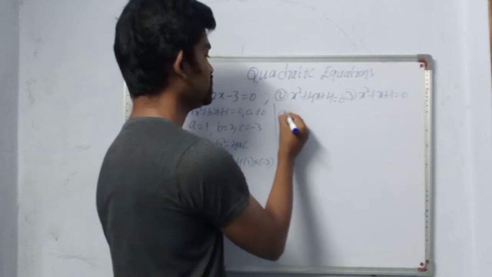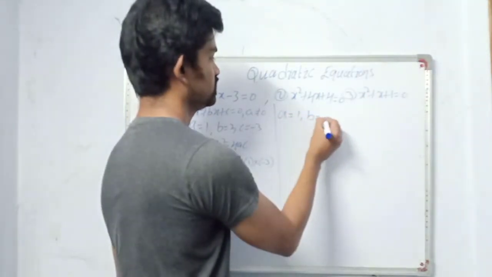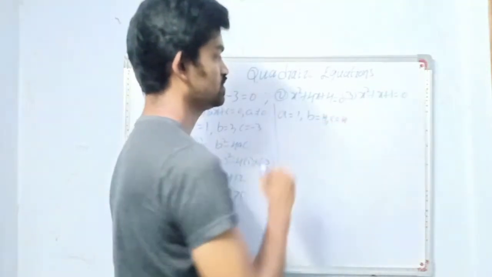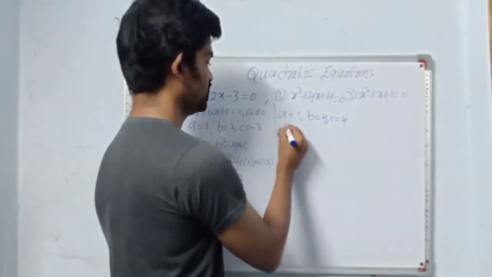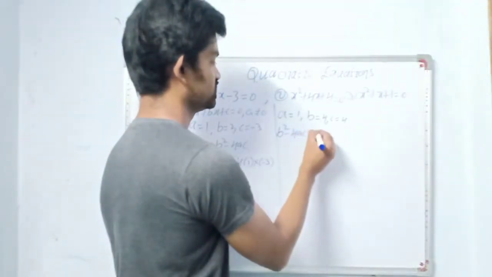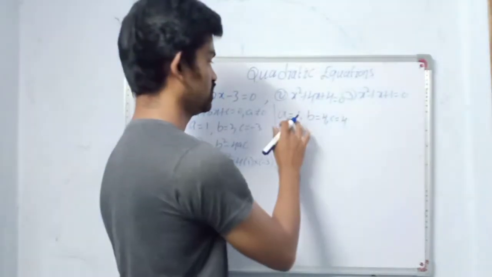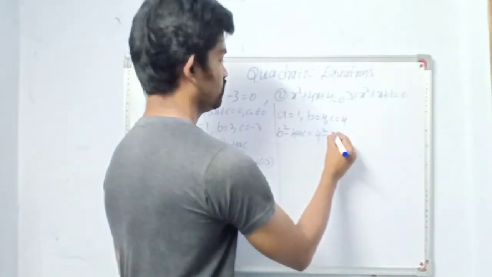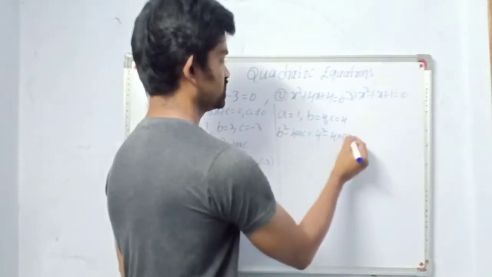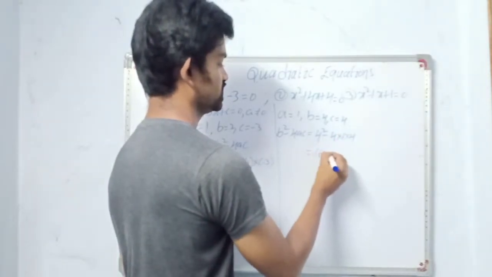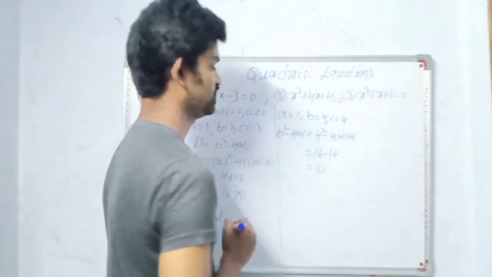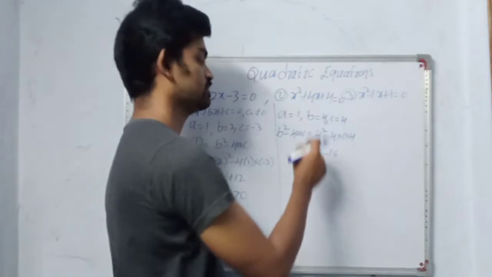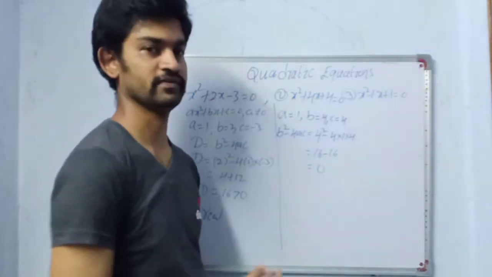Here a value we have 1, a monic quadratic equation again, b value is 4, c value also 4. We'll try to find the b square minus 4ac value. B square minus 4ac value, how much here? 4 square minus 4 into a is 1, c is also 4. This is 16 minus 16. We got b square minus 4ac value as 0. Then here roots are real and equal. It will have equal roots.